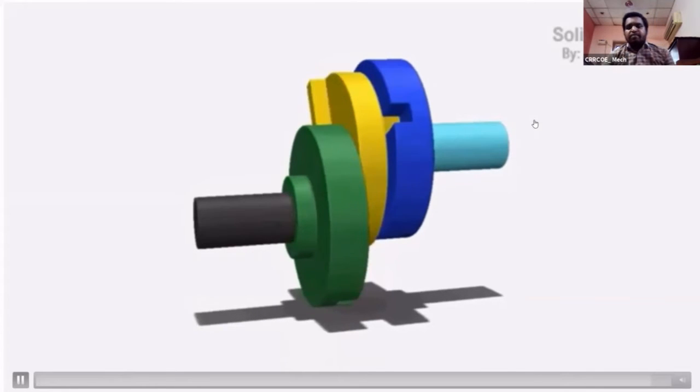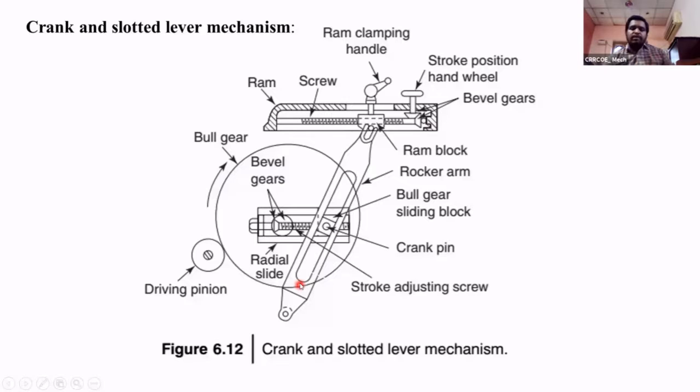These are the different mechanisms obtained by fixing the different links of the 4-bar chain mechanism and slider crank mechanism. We have two basic mechanisms. By using inversions, we can make different mechanisms with the help of the 4-bar chain and slider crank mechanism.